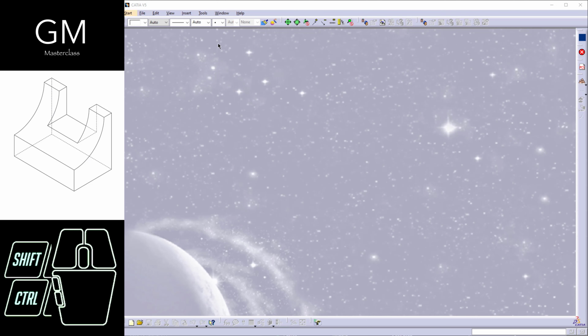We will create the following 3D model using Catia V5. As you can see, I have what could be a cube right here. And this cube has this hole in this direction and this hole in this direction. Alright, so the first thing that we have to take into account here for us to create this 3D model